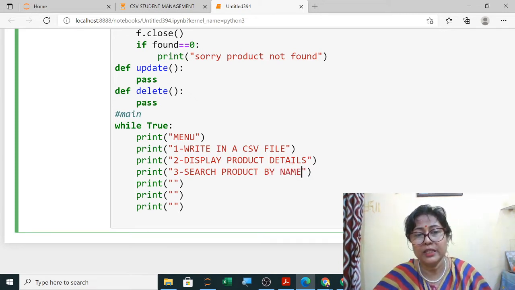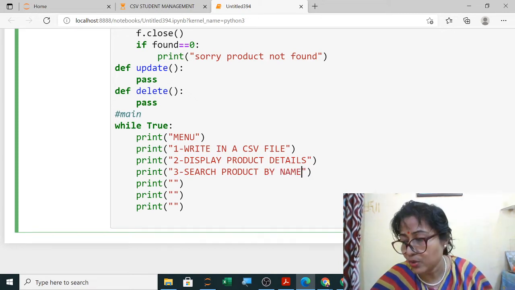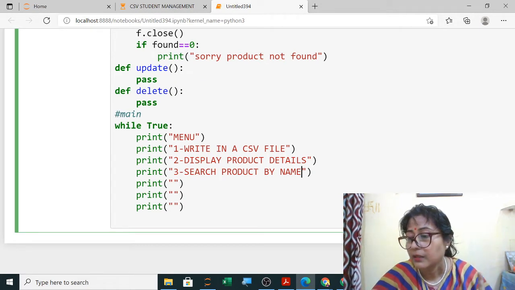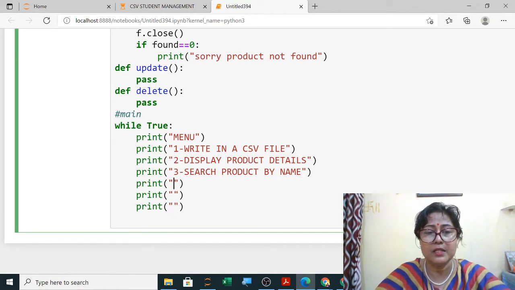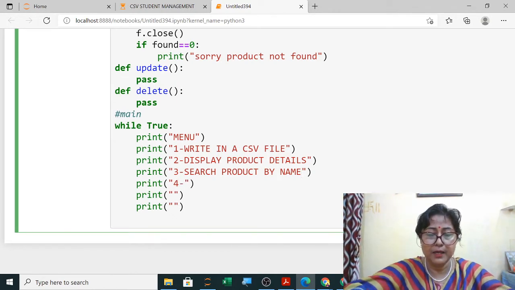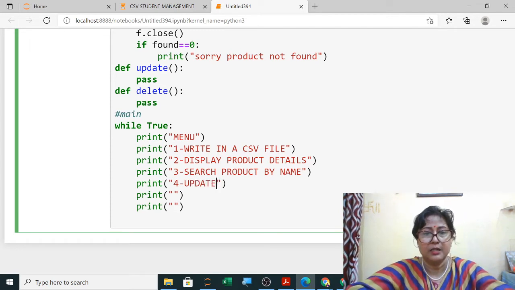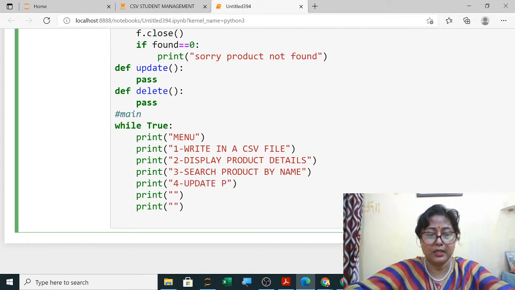If you want, you can keep other menus also. If anybody wants to search the product by price, by product number, by anything else, you can also keep that. Now 4 I am keeping update product details, product data, product.